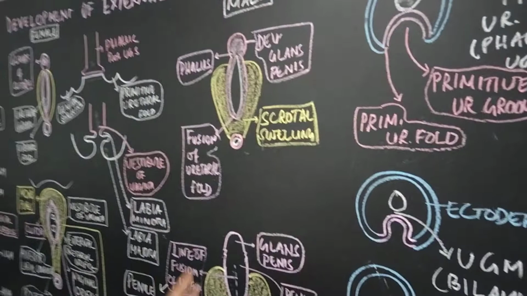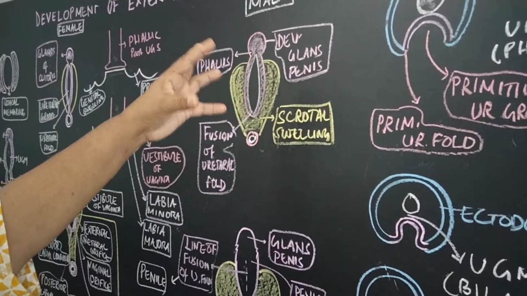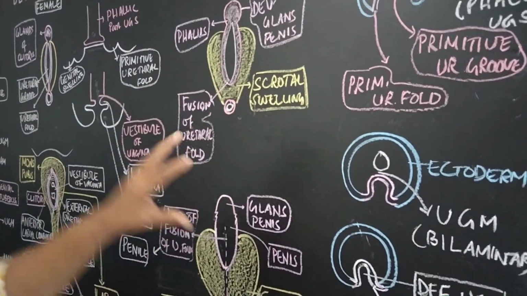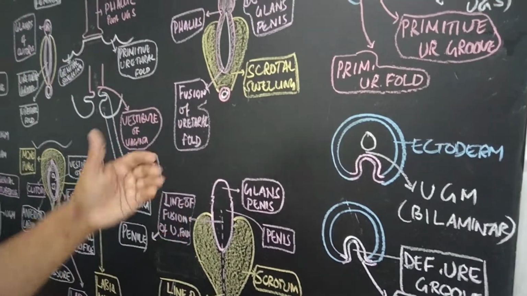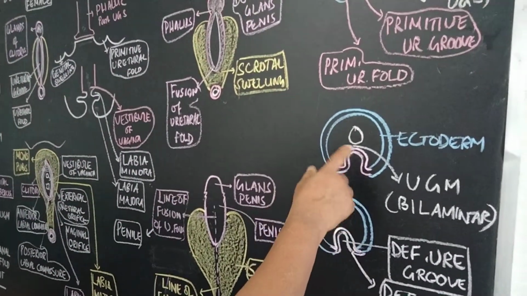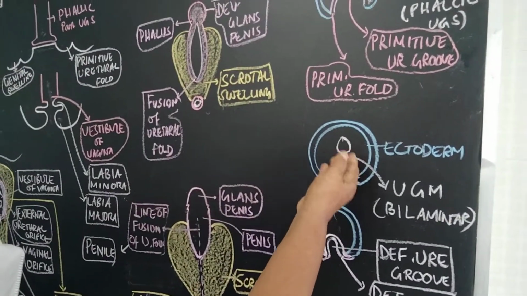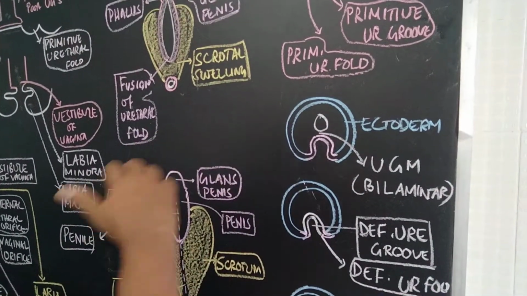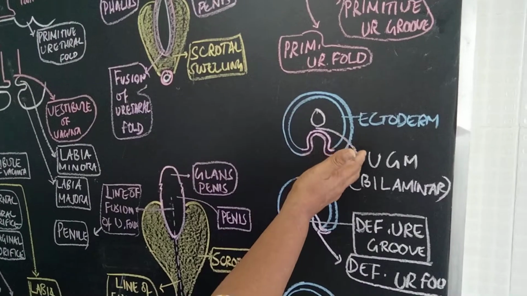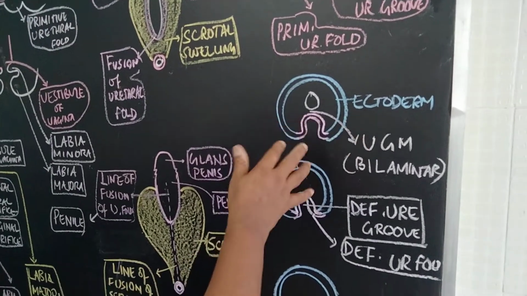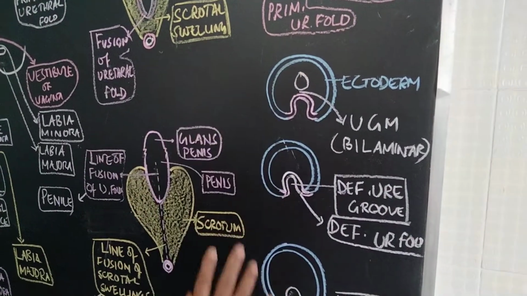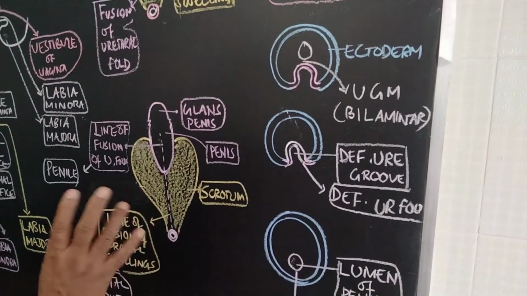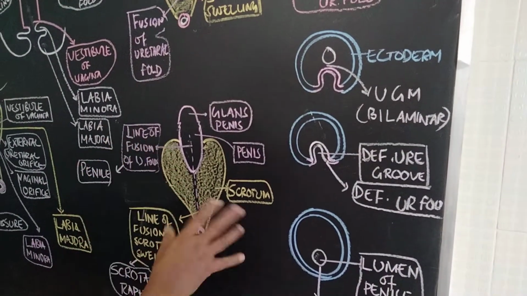In case of males, that is the formation of the penis and the formation of the scrotum from the genital tubercle and the genital swelling. Ultimately the urethral opening opens into the penile part, and so the excretory part and the genital part will be the same, and it is covered by a part of the skin derived from the ectoderm. This is how the male external genitalia are formed. Okay.